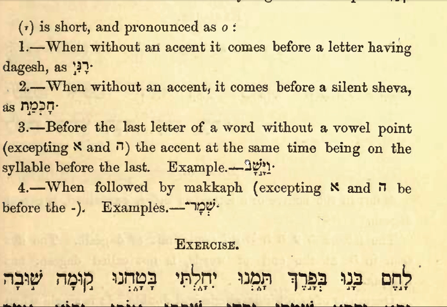And in some sense this is actually the same rule as here and here, because we don't put a schwa at the end of a word, but there would be, and so this would be shob with a schwa, and the accent isn't on the syllable. So ron nani, closed syllable, ron, but not accented. Nani. Choch, closed syllable, but not accented. Choch mat. And here the ya, and this is here shob, vayashob. And then finally, when followed by a makaf,